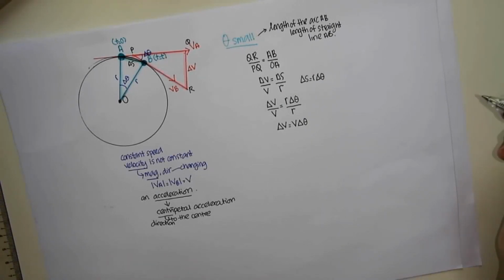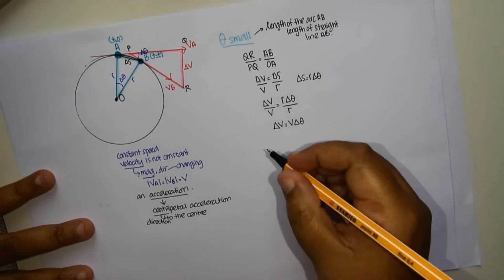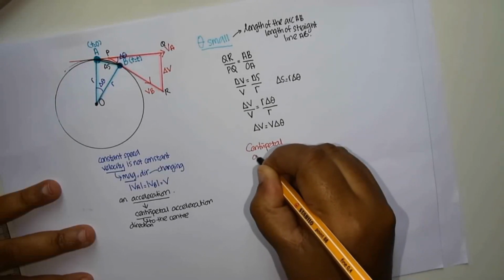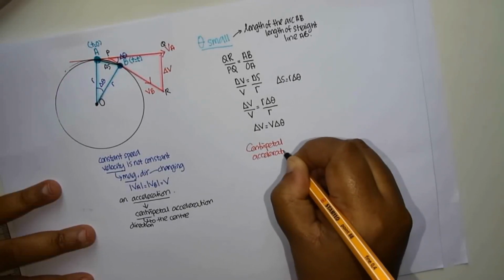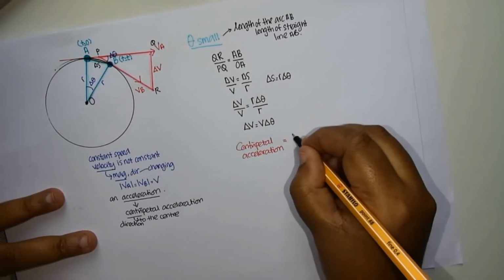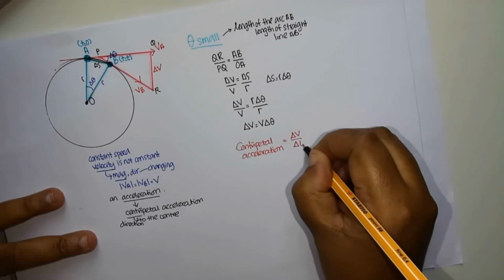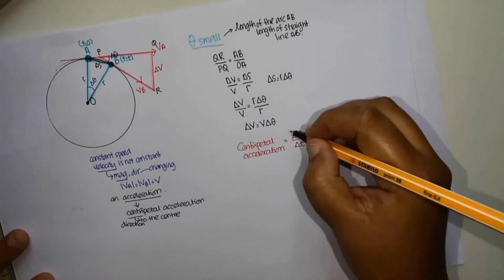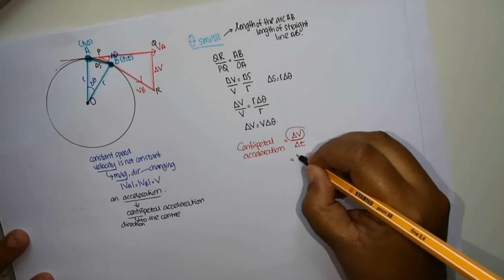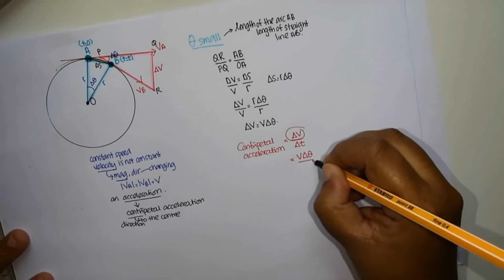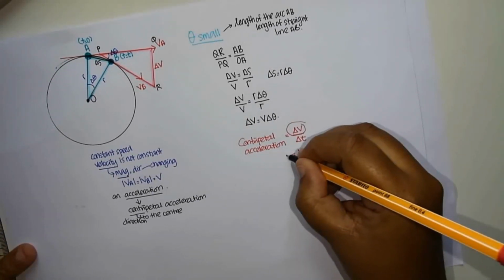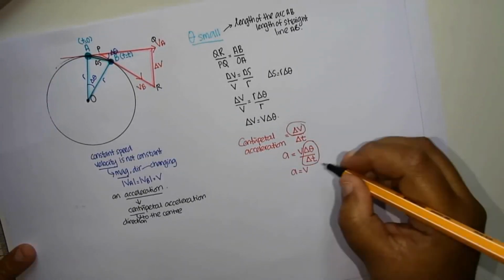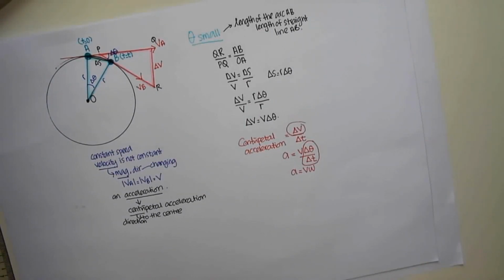Okay, alright. So centripetal acceleration is a linear acceleration. It goes back to the concept that acceleration is delta V over delta T by definition. What is delta V? It is V delta theta over delta T. So therefore the centripetal acceleration A equals V, and this one is omega. So we get A equals V omega.